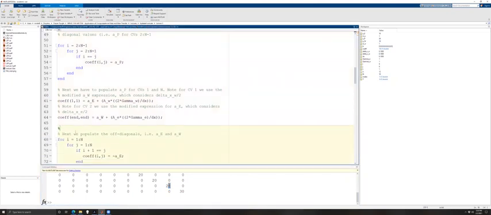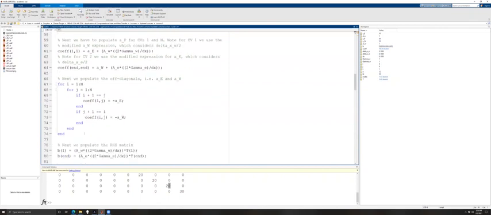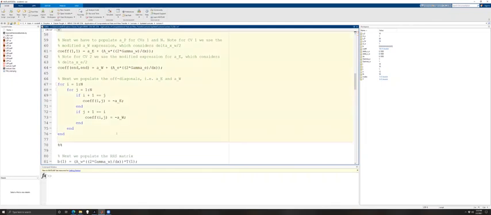Now, all we have to do is populate our off diagonals. And what I have here is just, once again, 2 for loops and 2 conditions. For i is equal to 1 to n, for j is equal to 1 to n, if i plus 1 is equal to j, that means we are going to populate our upper diagonal, and we have a value of minus A east. If j plus 1 is equal to i, that means we are in our lower diagonal, and I will populate minus A west. In doing such,